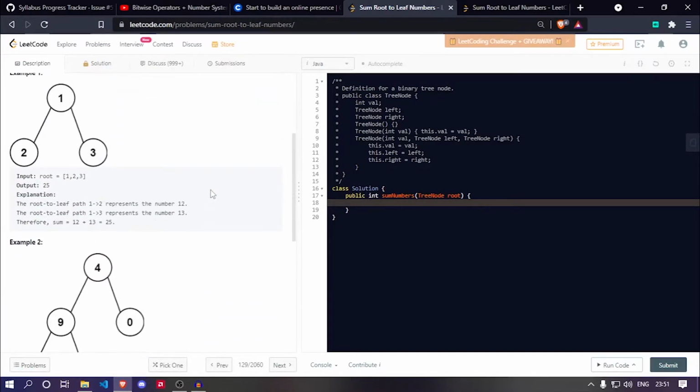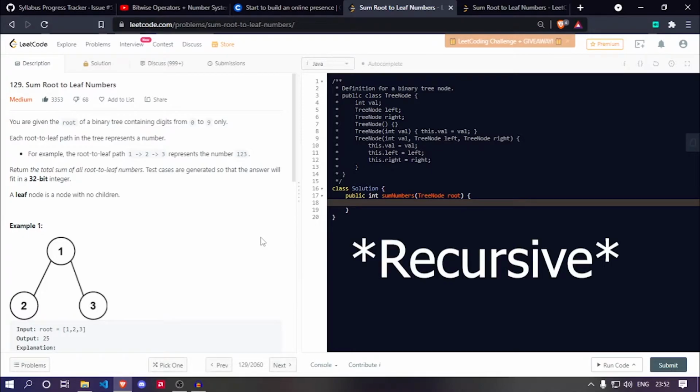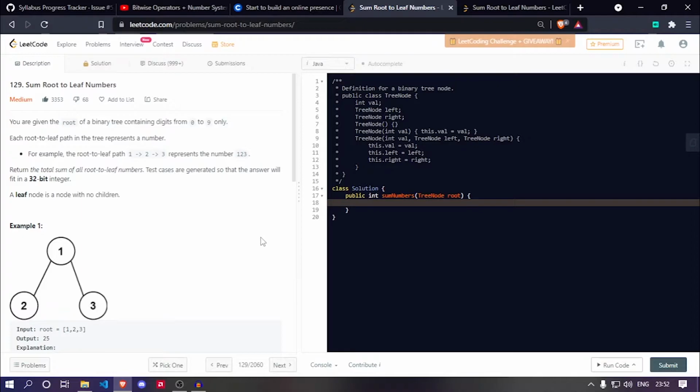There are three ways we can do this problem. One is the iterative approach, and the other two are post-order and pre-order traversal on the binary tree. But since I like recursion more, I will be using recursion with a depth first search approach. This is given as medium, but it is actually a very easy depth first search, DFS, question. So we will be using a recursive DFS solution.